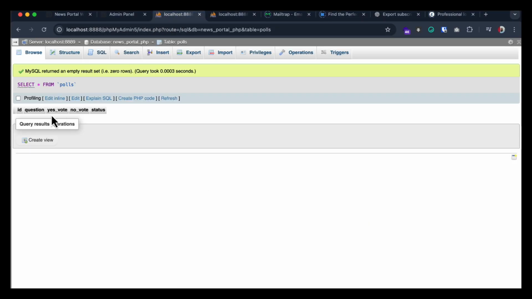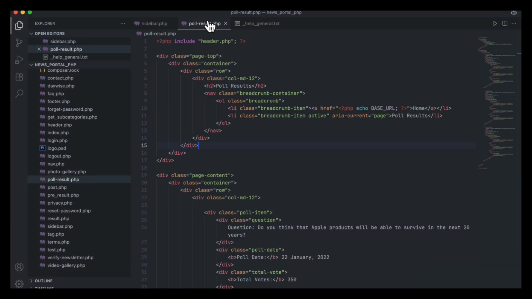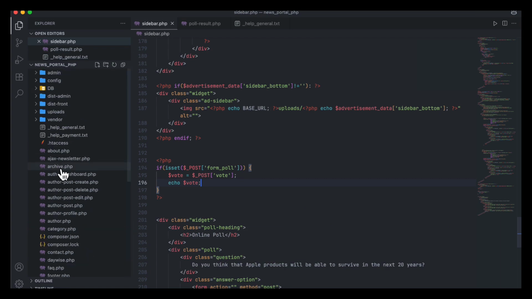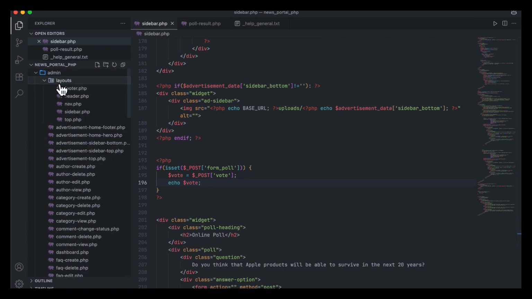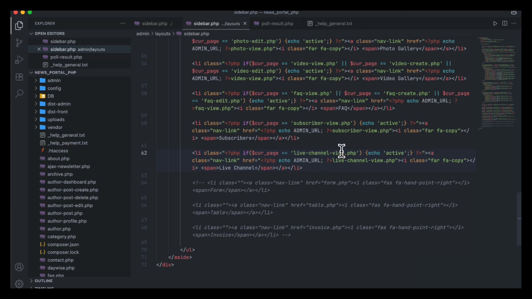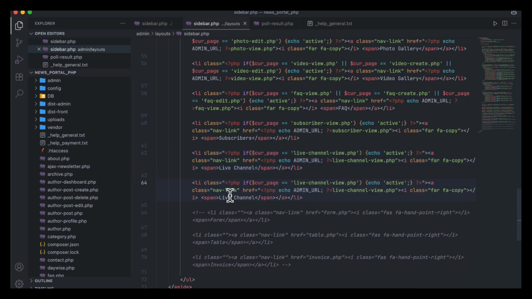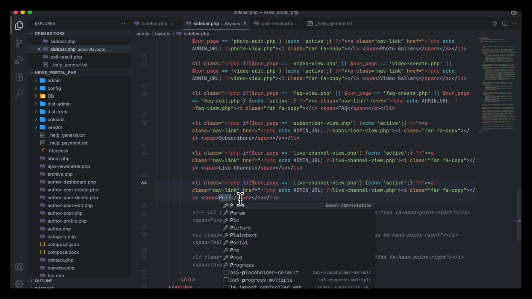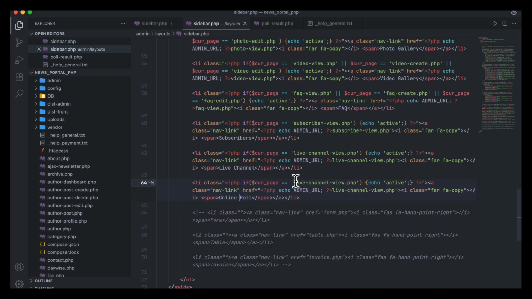So if you give the yes vote, here the question, and here first of all, I will have to check how this poll is loaded here. So I will have to work with the admin panel first. So I am going to the admin panel, and there I am going to create a poll section. So online poll, or online voting. So here